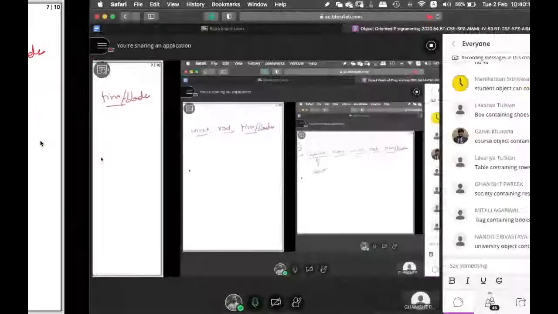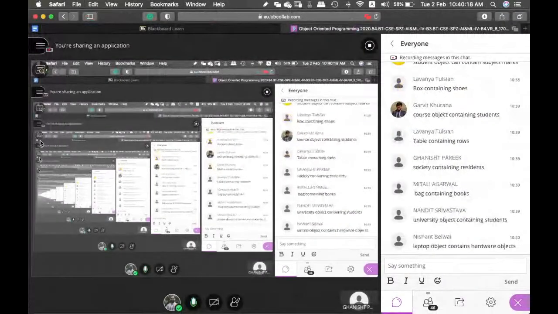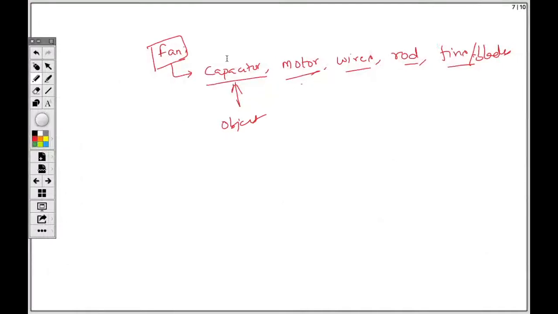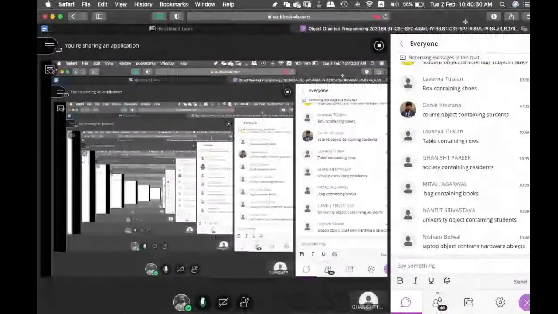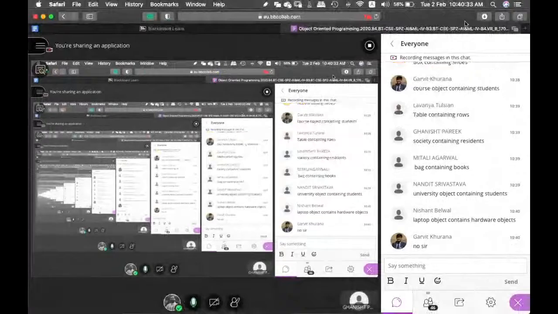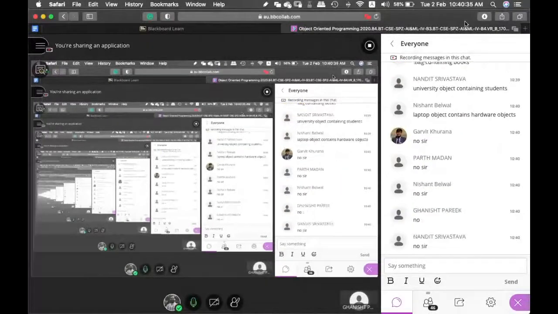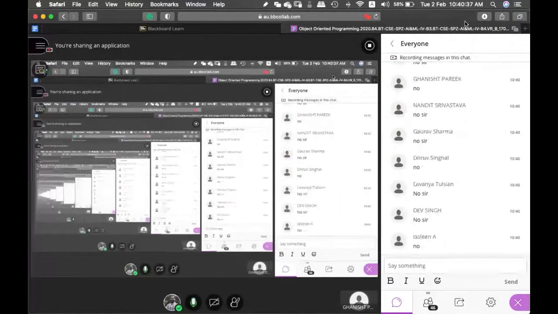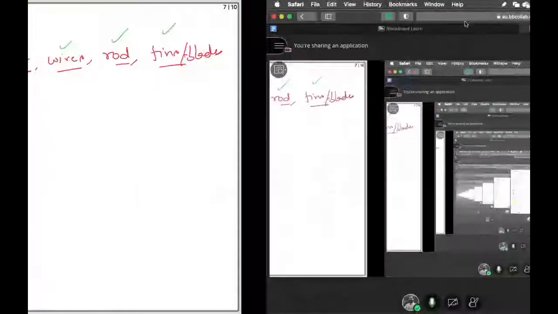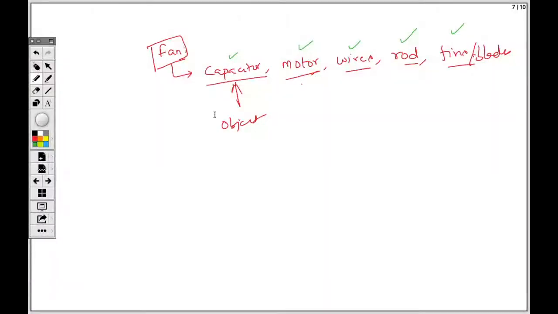Can anyone guarantee that the fan in your room, like in this classroom, which is of Bajaj, right? Can I guarantee that Bajaj has created the capacitor, motor, wire, rod, and everything? Can we ensure this? That the same company is manufacturing all of the components? No, right? So from here you will start understanding the pluggability and modularity things.